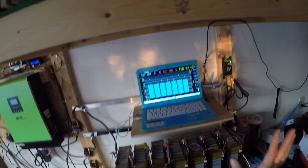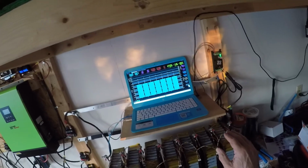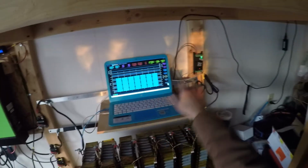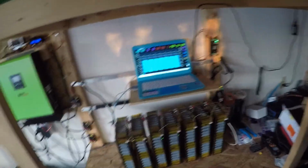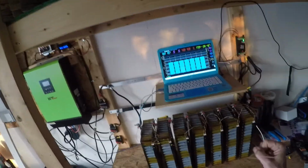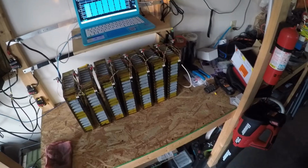But I don't want to run them that far down until I can trust them, and I can put a switch in place which will shut them down if one or the other gets too low. This system is programmable, but I have to get a shunt trip, and it can be programmed so the ground will connect into it, and it'll just disconnect the entire system if need be, if one of these got too low. And of course, I don't see that happening right away, but